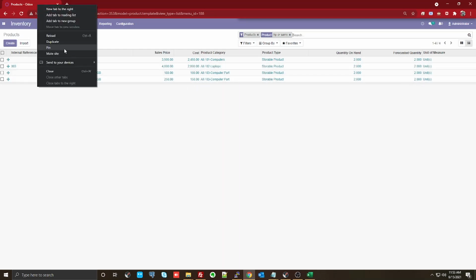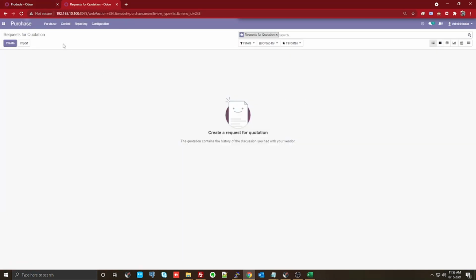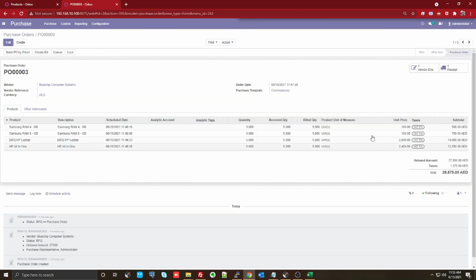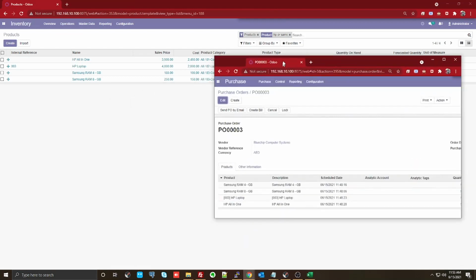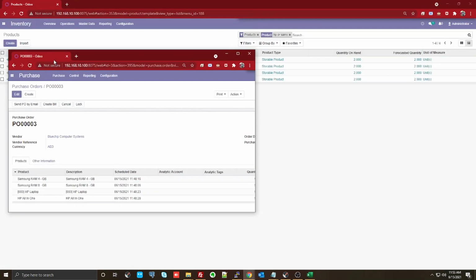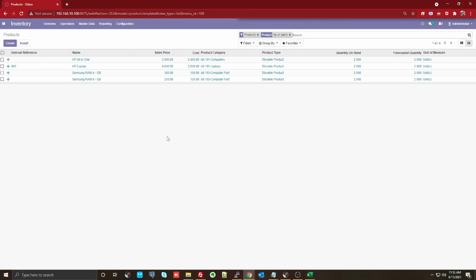So let's duplicate one more screen here for easy understanding, and move into the purchase part of it. We had the purchase order for this product here, and let's look at the price which we have actually given. Let's look at it.